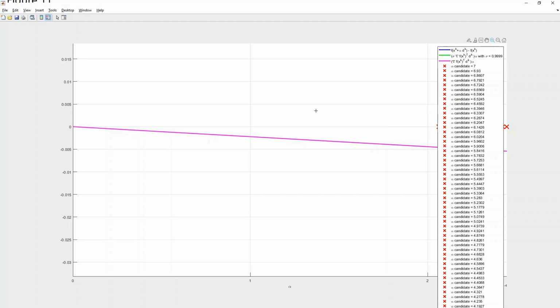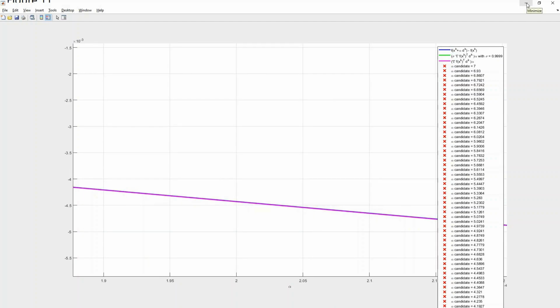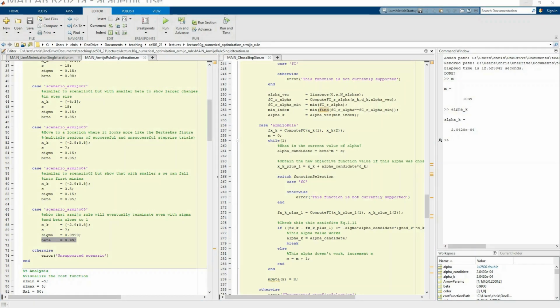Eventually it will work, and we see that the Armijo rule exits even in these worst case scenarios, but obviously it took a lot of iterations, right? So there are situations where this could take a while to exit. Okay, so I'll tell you what, I'm not going to keep trying to zoom in and dealing with this sluggish behavior. I think that gets us a really good idea and a good feel for what all these parameters are doing. Maybe what we should do now is let this thing rip on the full numerical optimization algorithm